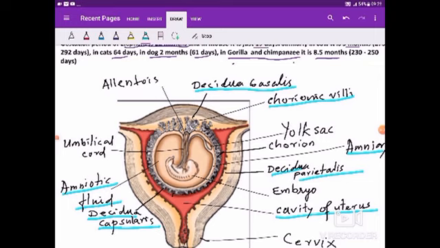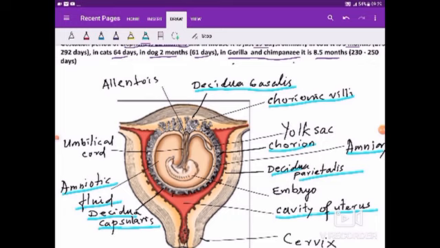It also maintains the normal equal temperature all around. Okay, then the next layer after the amnion, the outermost, is the chorion, which also forms the